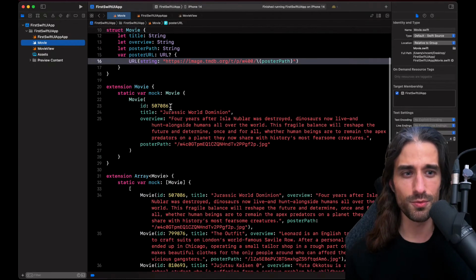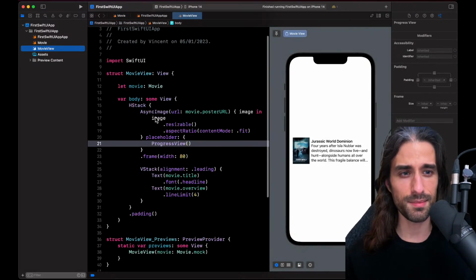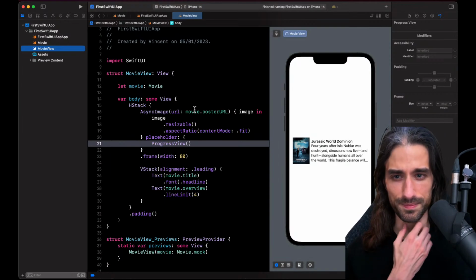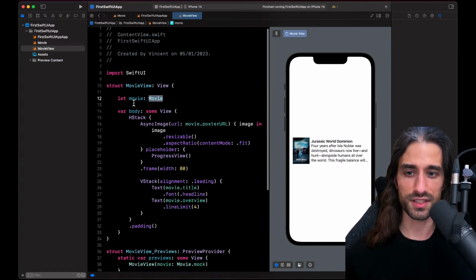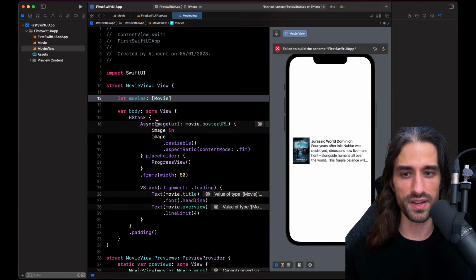Okay, we're still in the movie file, so I've added the mock array, and this time we're going to use it to display a list of movies instead of just one movie. So first, I'm going to take my property movie, and I'm going to turn it into an array of movies.